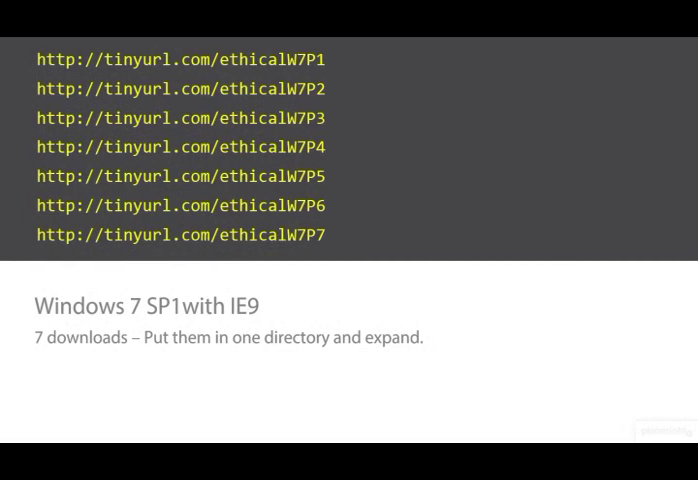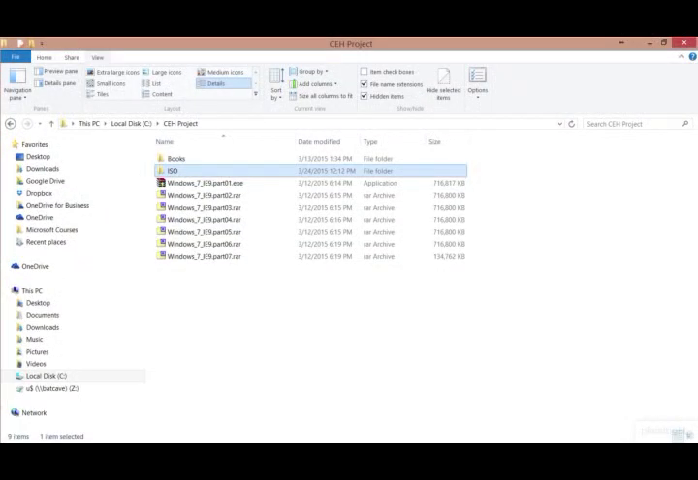There's 7 separate downloads, and I did some tiny URLs for you so you can find them very quickly. If you will just go to http://ethicalw7p1 and then obviously through p7 would be the downloads. Grab those. We're going to put those into a single directory, just like I've done here. The first one is an executable, and the rest of them are just RAR files that are needed for the